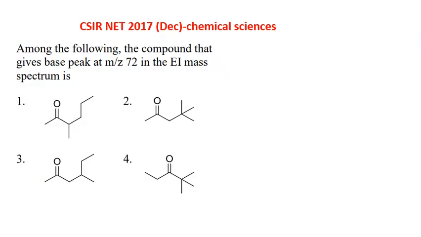Now look into this question. Among the following, the compound that gives the base peak at m/z 72 in the EI mass spectrum. EI is electron impact, which is a hard ionization technique useful for the study of small molecules like our organic molecules. Now we will look here. Here we can see all the compounds have a carbonyl group and they have an alkyl chain. So it gives an indication that it could be a McLafferty rearrangement. Under mass conditions, all the compounds will form a radical cation. Now we have to look for the presence of